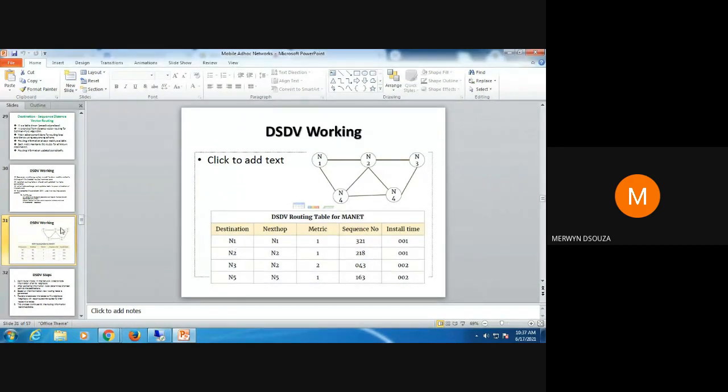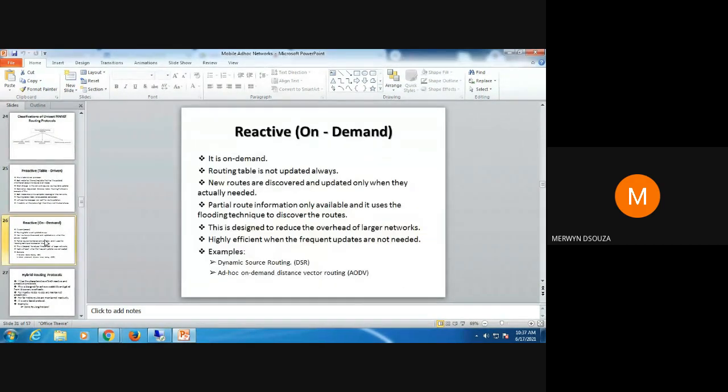Okay, but in reactive algorithms, we are not going to discover the routes at the beginning to all possible destinations from a particular node. You will discover the routes only as and when there's a need to send packets to that destination. Basically, we have done this in order to reduce the traffic overhead. Otherwise we keep exchanging a lot of routing messages and it reduces the bandwidth of your network.